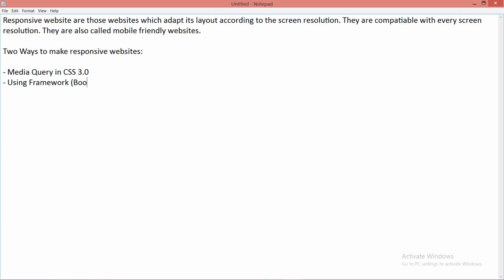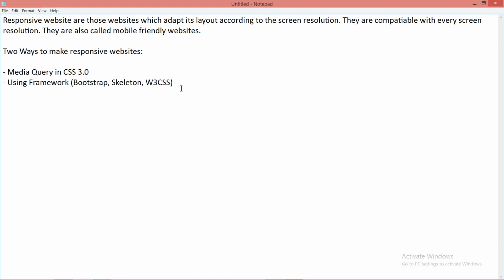The first one is Bootstrap, the second one is Skeleton, and the third one is W3 CSS. These are the three most popular frameworks available to make responsive web pages. The most popular of these three is Bootstrap.